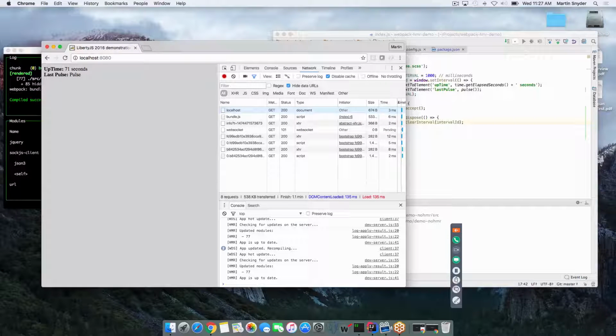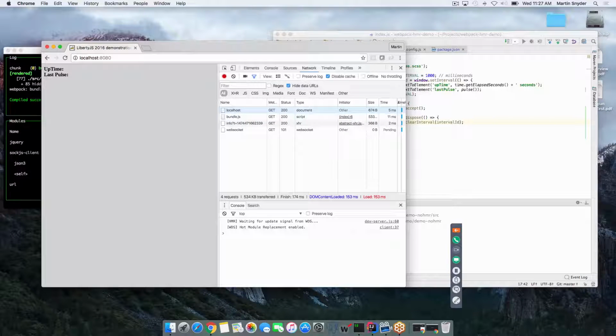Okay, and we saw that it was accepted. We see the app is up to date, but it's still flickering. The reason it's still flickering is because we already hosed ourselves. What we just cleaned up was the second one. We cleaned up the second one and replaced it, but the first one, which we orphaned in the first place, is still orphaned. So to enjoy that particular fix, we're going to have to refresh the page and start